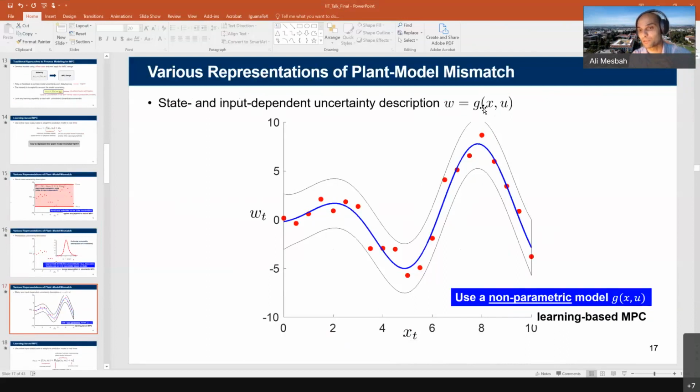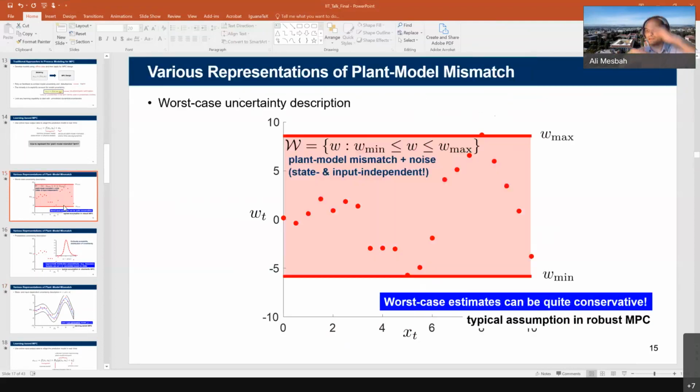Why state and input dependent? Because the states of your system can change over time, in the context of a complex system. You can get time varying dynamics, and these time varying dynamics are hard to model. These may not be state independent. So if you have a case where worst case descriptions, such as bounded deterministic uncertainty descriptions, work, then robust MPC can be valuable. And it has been established and worked very well over the decades.